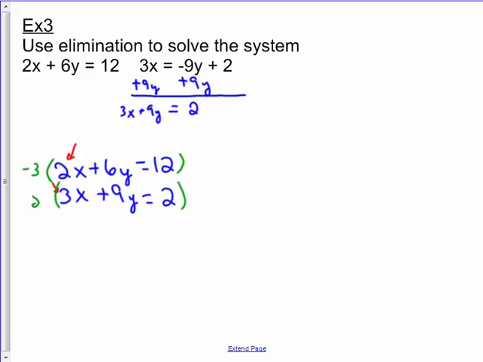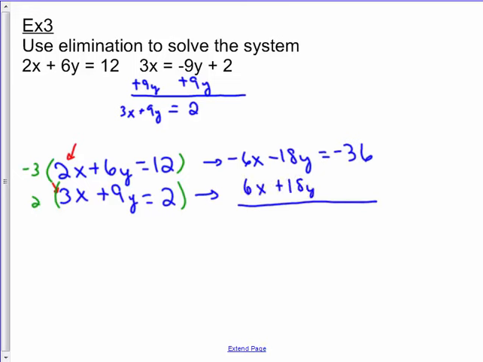So I'm going to look to eliminate my x's. I have a 2 and a 3. So I can multiply them by each other, and I can say, well, -3 and 2 is -6. 2 and 3 is 6x. So I kind of use that idea that I can just multiply them by each other to get the same thing. When I do that,